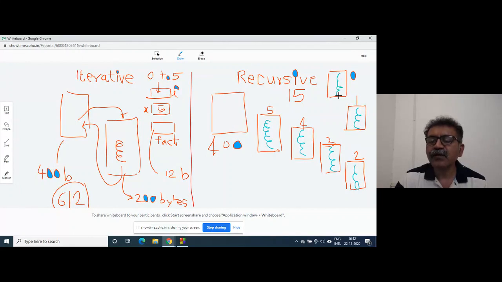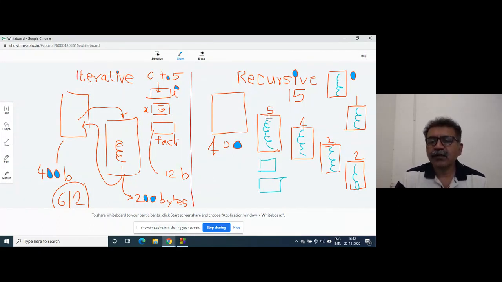Whether it is for x is equal to 0 or x is equal to 4 or x is equal to 3, doesn't matter at all. So suppose now each of these functions has two variables, right?